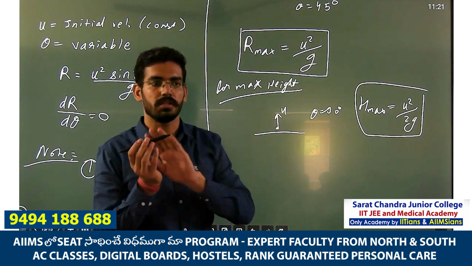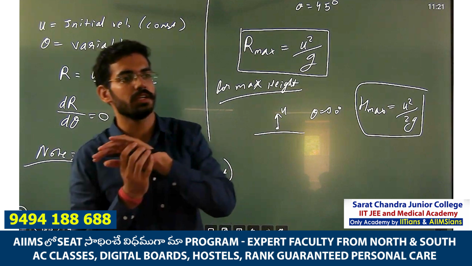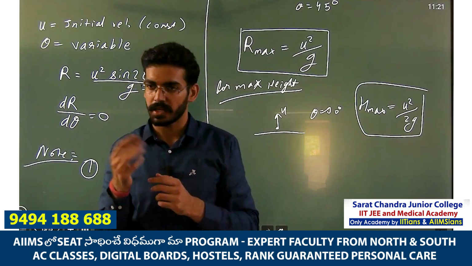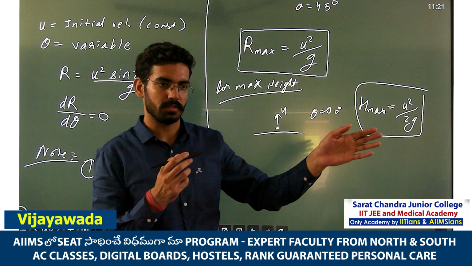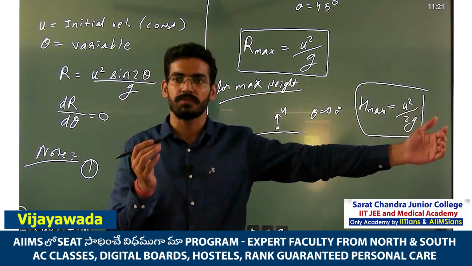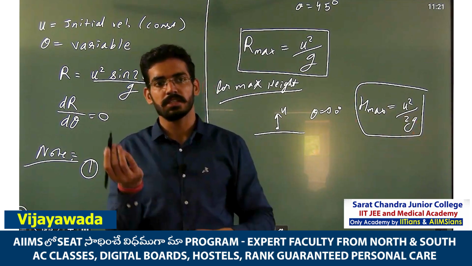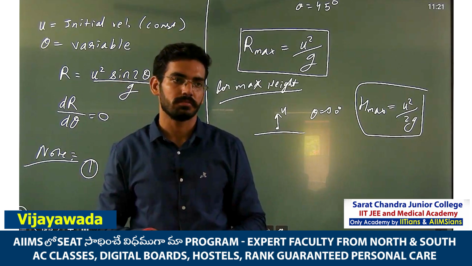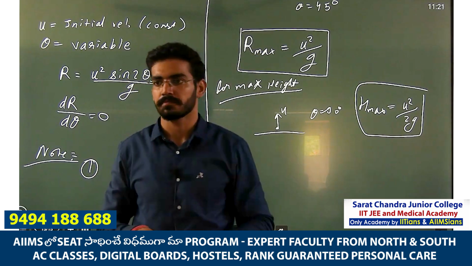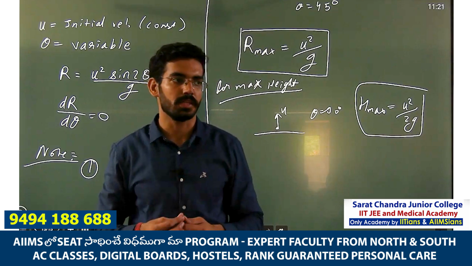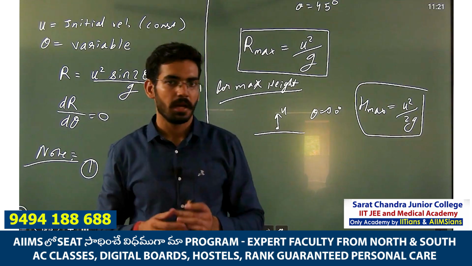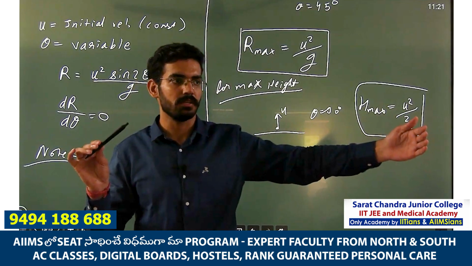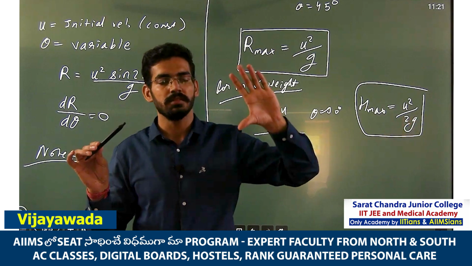If I want to throw it, I have initial velocity. If I want to throw it for maximum range or maximum height, I can change my angle. So maximum range, what will I get? Let's say I am getting maximum range 50 meter. If I change the angle and throw it up, then how much will I get? 25 meter. Half. Got the point? But in the projectile which I am throwing, when I am getting 50 meter, the maximum range, I will get the height